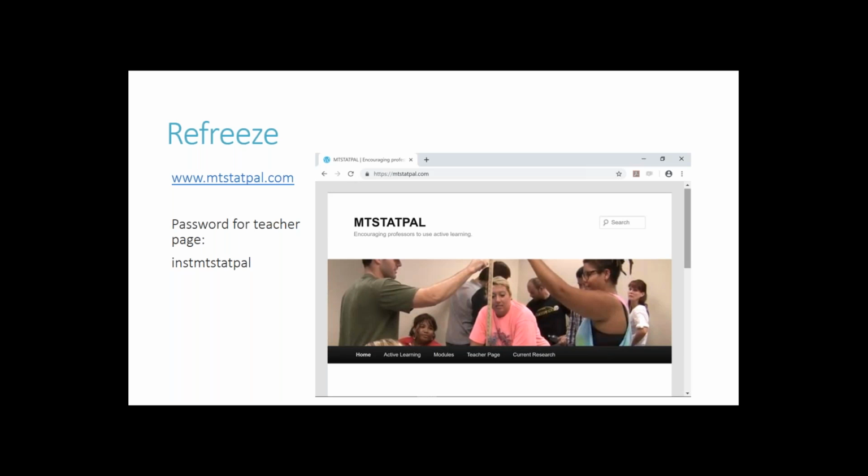And on that teacher page, they can see the student version of the activity, the teacher version of that activity, the video of that activity being done, and links to the quizzes. So it's all there in one place, and it's set up in a calendar format so that teachers can know exactly what they're supposed to do when. That makes it a little bit easier for new teachers to pick up.